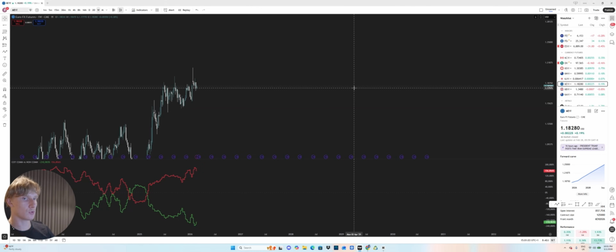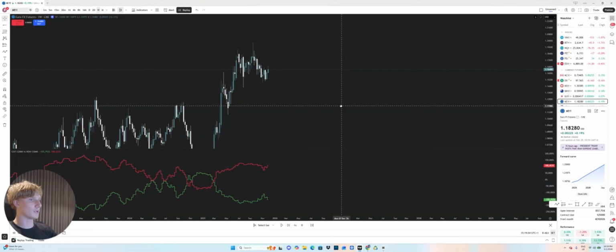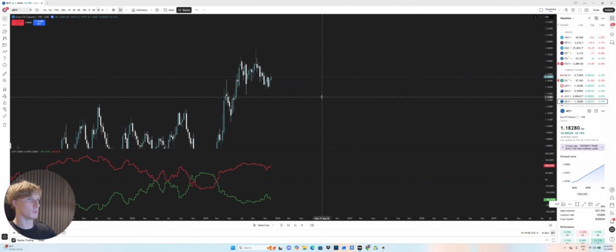The only extra step with Forex, because we are trading currency versus currency, instead of just finding a market where we see, okay, COT bullish, technicals bullish, is that we then need to find another currency which is doing the opposite in order to trade that pair and look for a trade. Okay, so now let's go through an actual example of how you would apply this to the market.